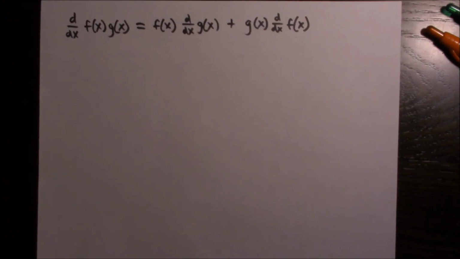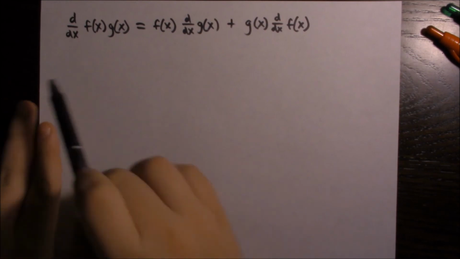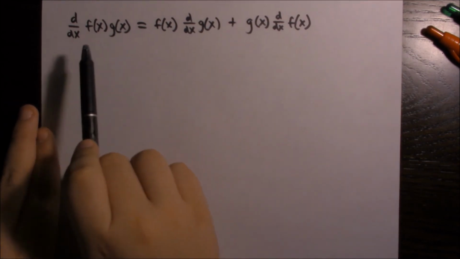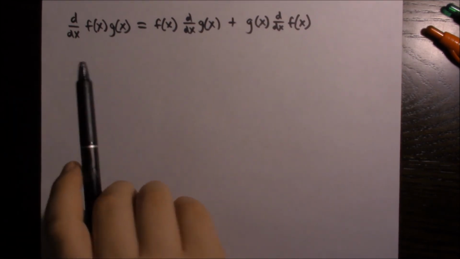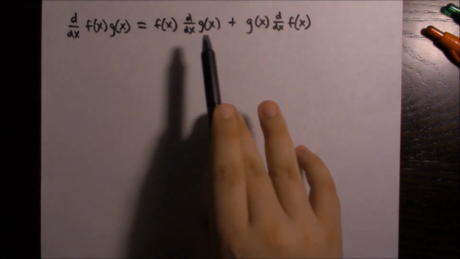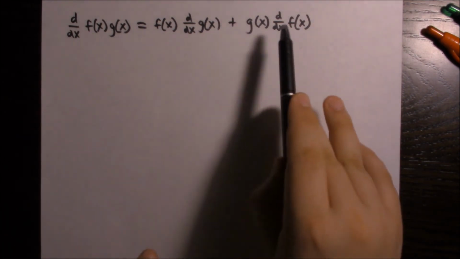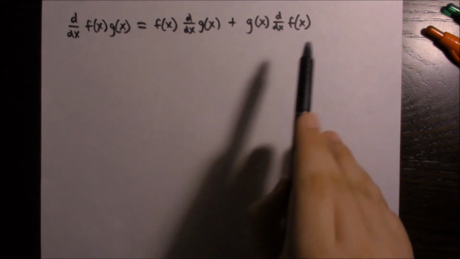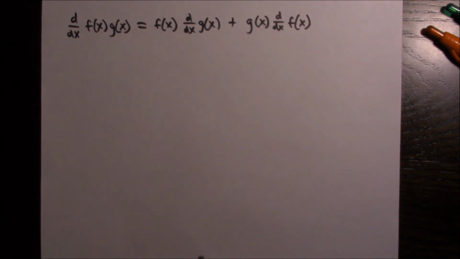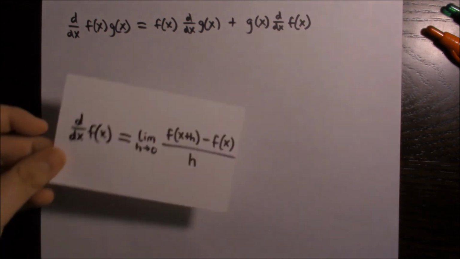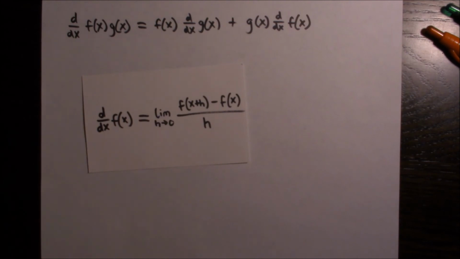Hey guys, today I'm going to be showing you a quick proof of the product rule, which is a rule in calculus that says that the derivative of the product of two functions f and g of x is equal to f of x times the derivative of g of x plus g of x times the derivative of f of x. Now to prove this, we first need to remember the limit definition of a derivative, which says that